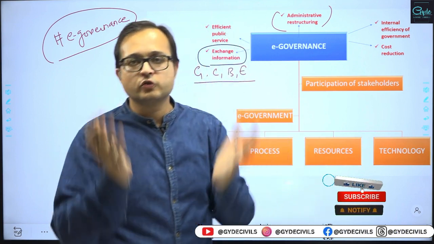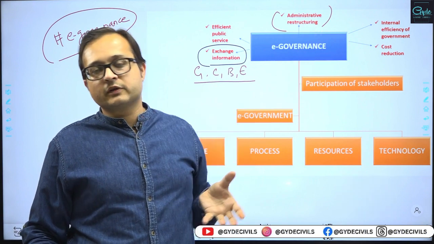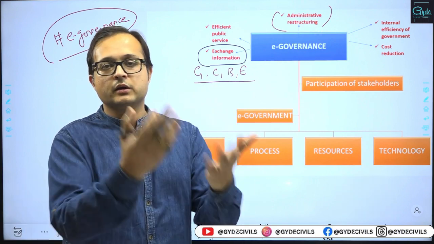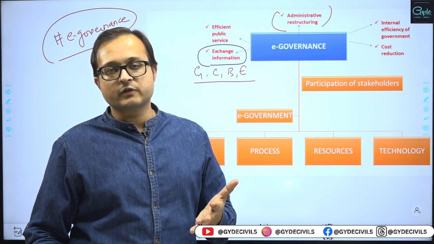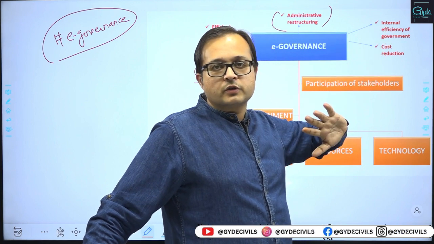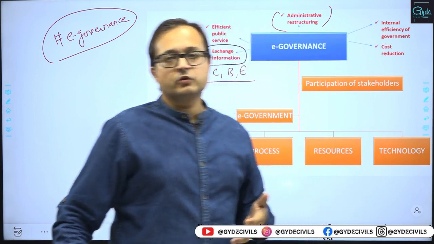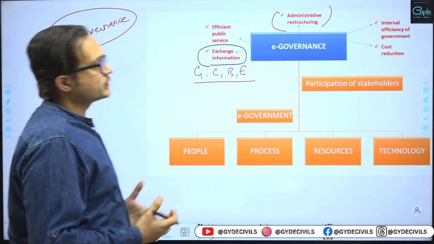So the holistic use of electronic administration comes over here, where if the internal administration is improvised, that can help in the outward reach also, where the overall service delivery can also be improvised, right? Cost reduction, the overall cost of governance or implementing a particular policy also reduces, so the benefits are being gained by the government. That is how e-governance is created, right?